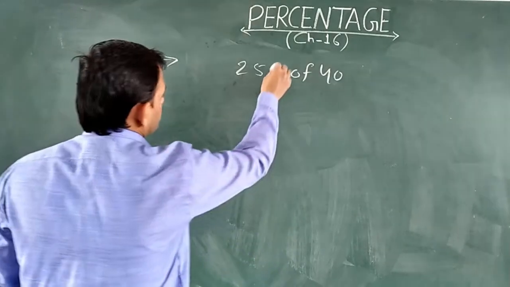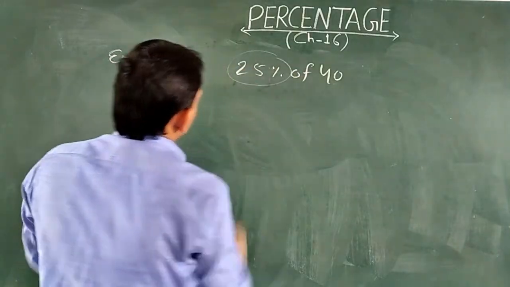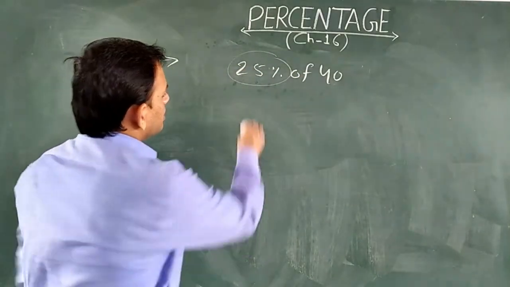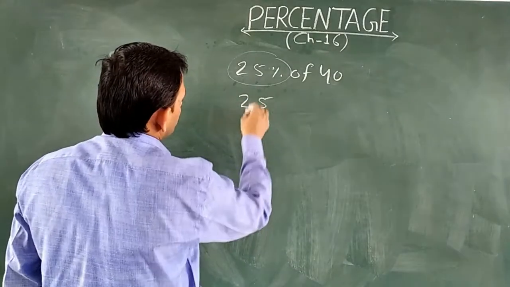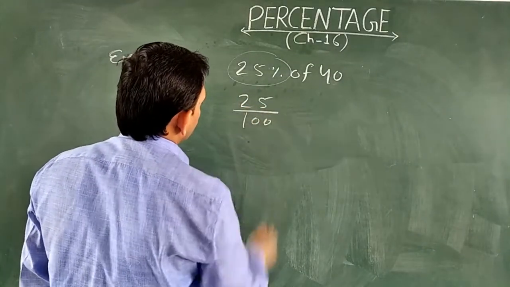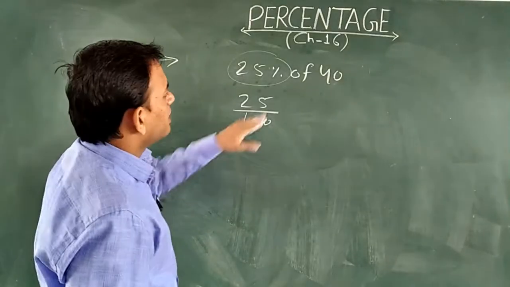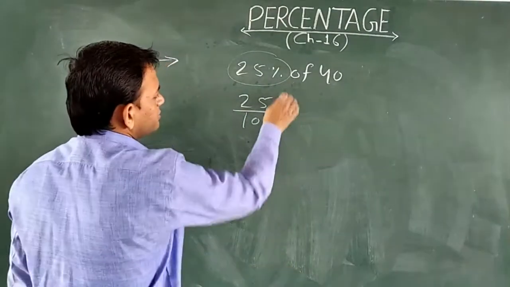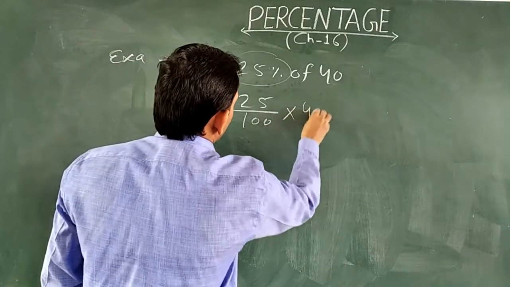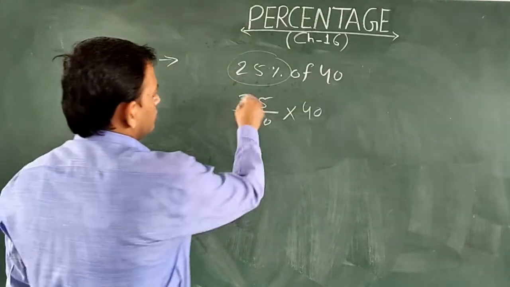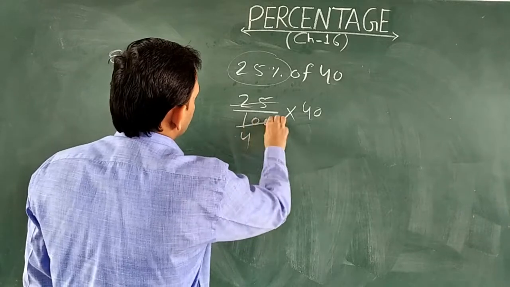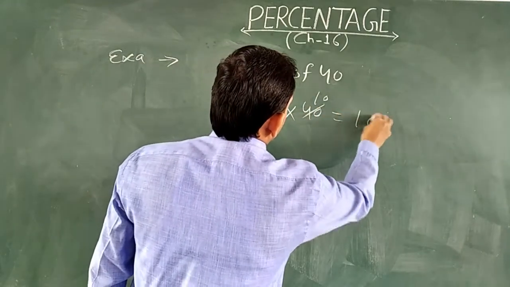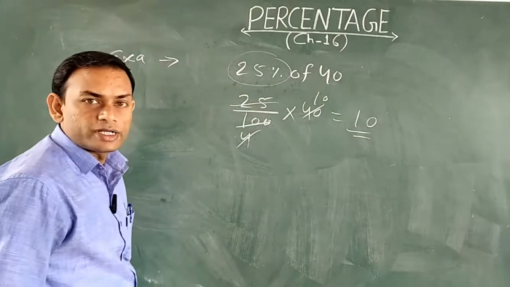Okay, how do you do this? As you know, I told you that if any percentage is given, you can convert it into a fraction by removing the percentage sign and writing 100 as the denominator. And I told you that in math, 'of' means multiplication. So 40 will remain 40. Now you will solve it. 25 4s are 100 and 4 10s are 40, so it is 10. Got it? Means